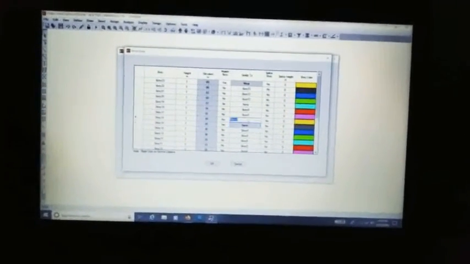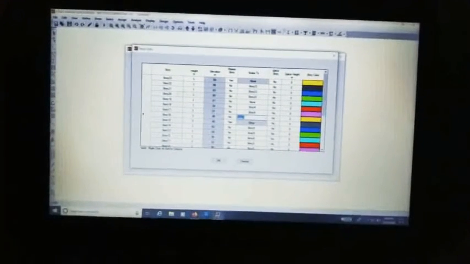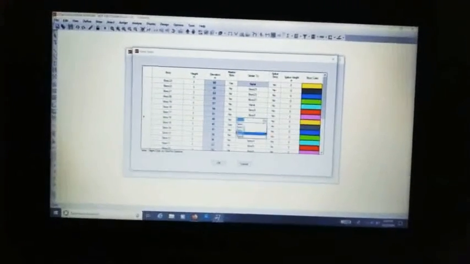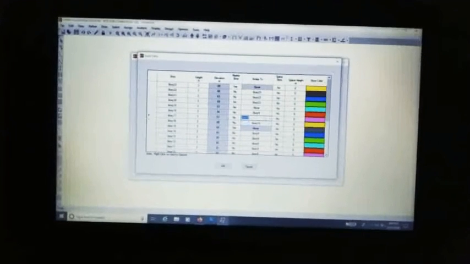Now I will be choosing story 15 as master story and changing till story 19. Make the changes similar to story 15.